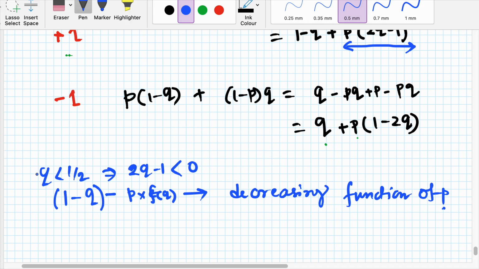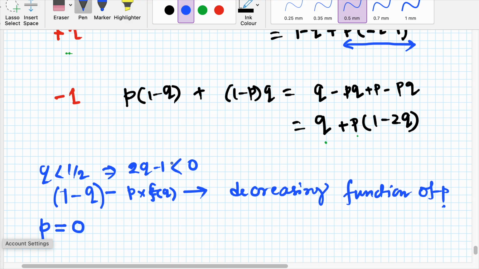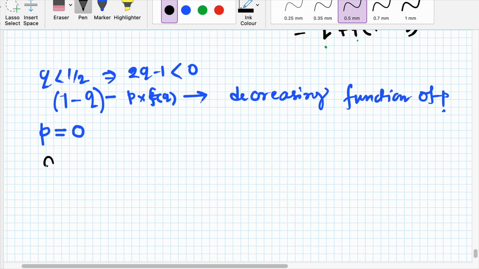So for player 1, if q is less than half, player 1 always tries to choose p equal to 0, because they always want to decrease p. So for every p, if q is less than half, there is an incentive for player 1 to decrease p and choose the strategy corresponding to p equal to 0. A similar situation occurs when q is greater than half. When q is greater than half, 2q minus 1 is greater than 0,